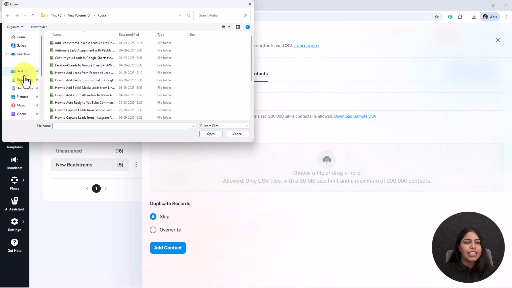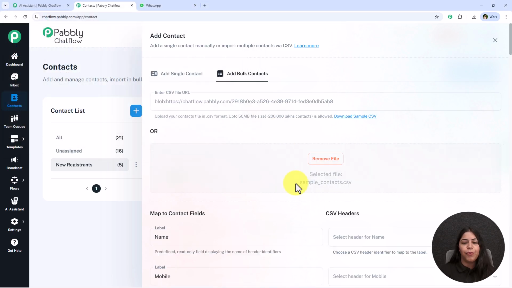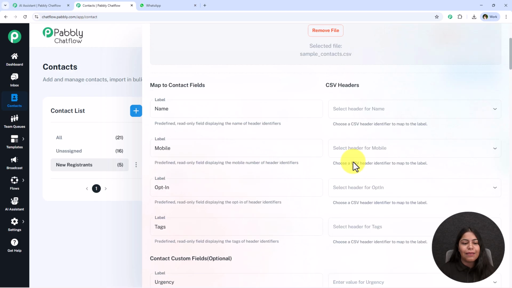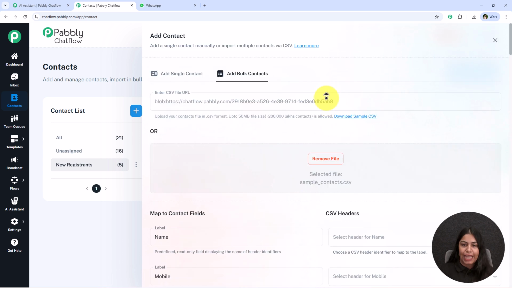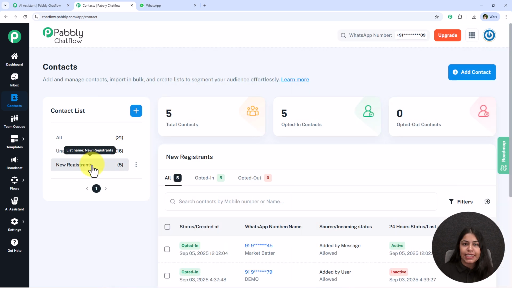You can go towards this section, and as you can see I'm going to upload a sample CSV file, something like this you can upload. And after uploading this, once again you have to click on this add contact button right over here to add bulk contacts. I have already created a list, and let's say I want to assign this AI assistant to each